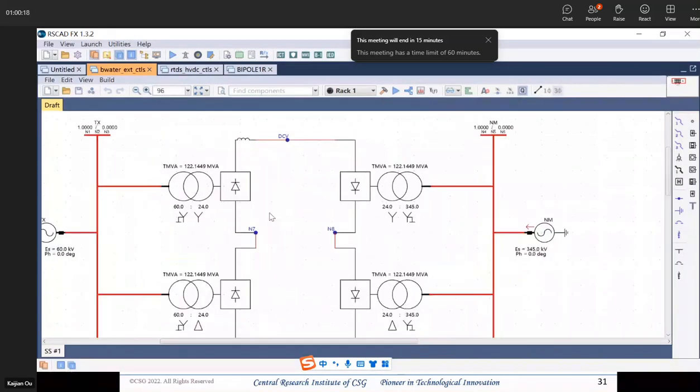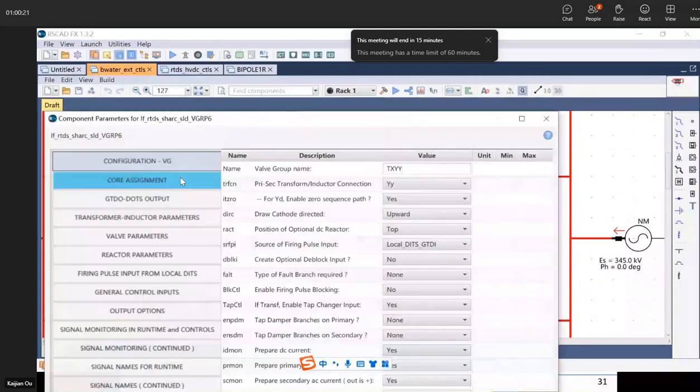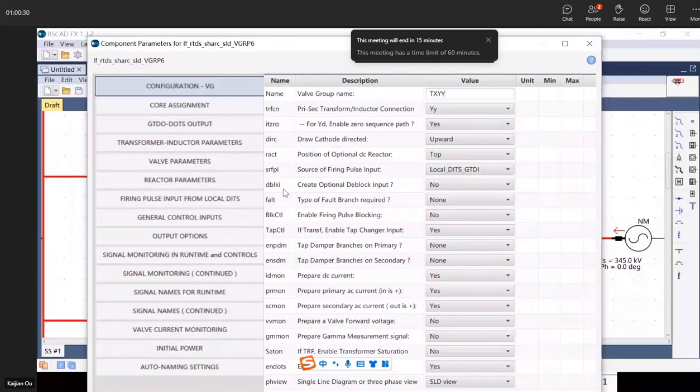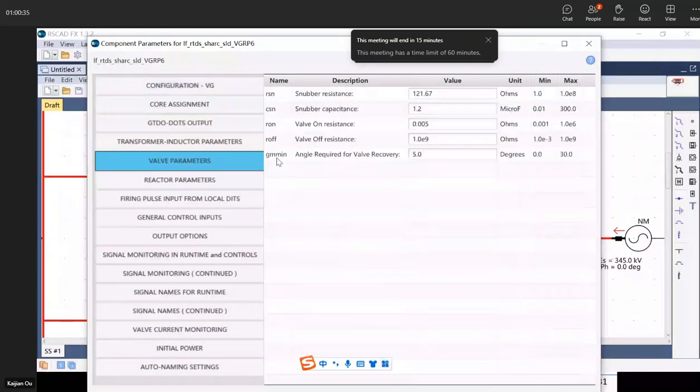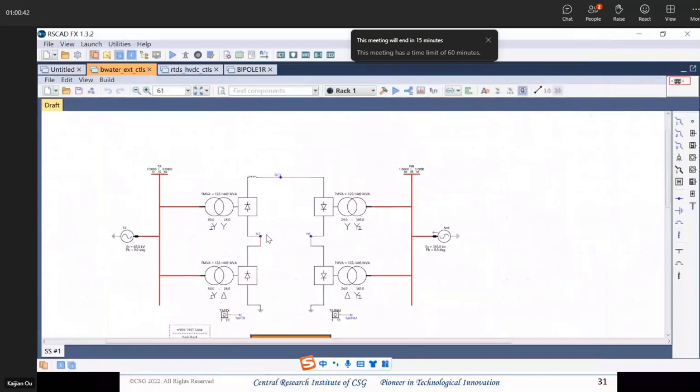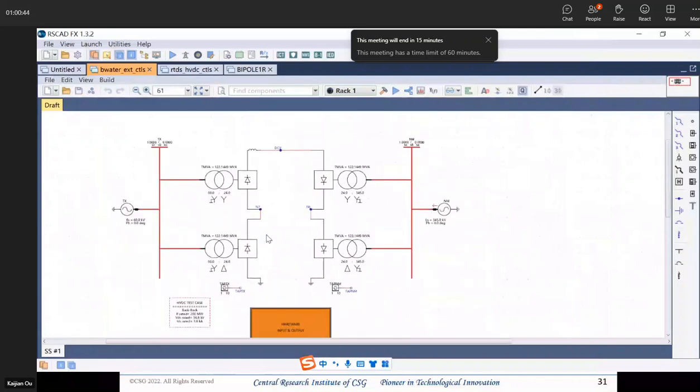And also we can see here some data of the converter. Many kinds of parameters here like this. It's very like PSCAD, which we saw yesterday. You can see here it's ASCAD in RTDS. Also many